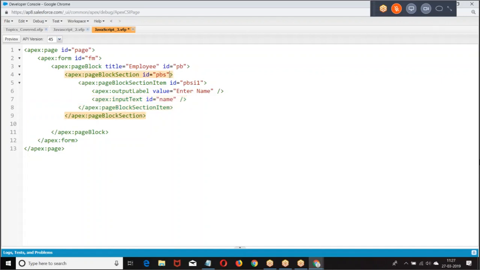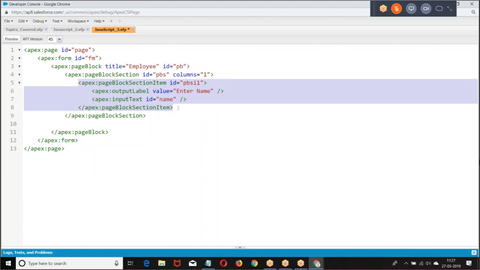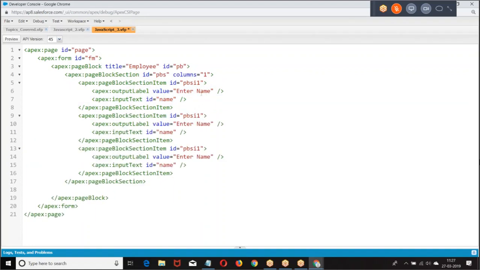Page block section item. Your name. So look at this.